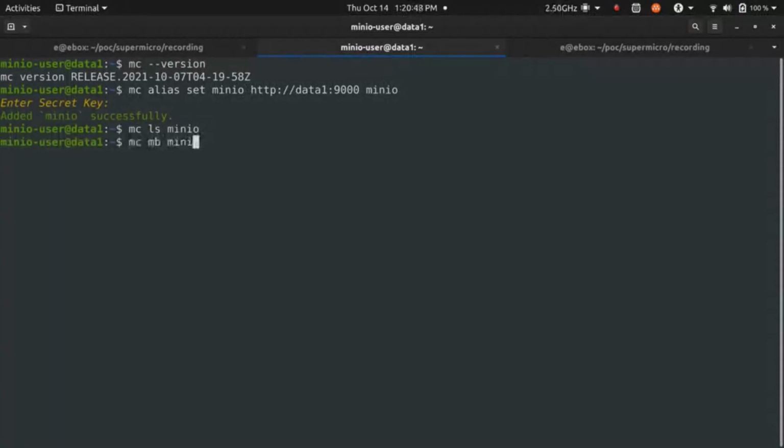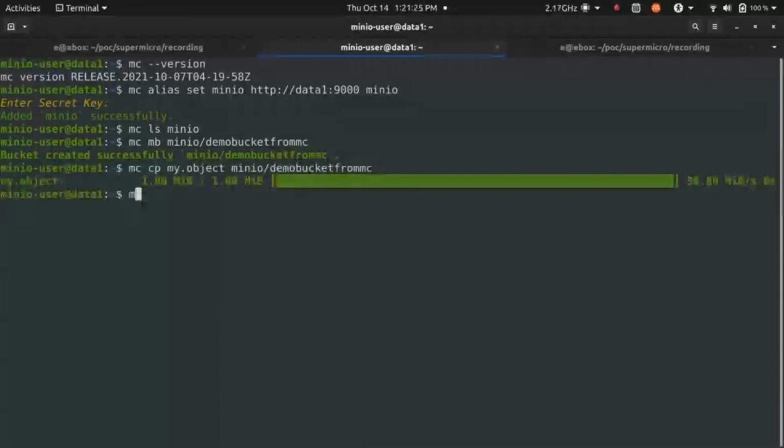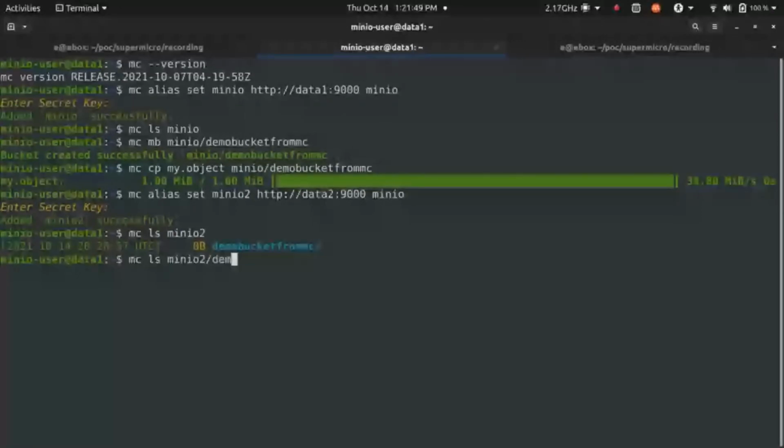So here we'll make a bucket. We're just denoting that it's from MC for the demo, but it doesn't matter if you make it through MC or the console. It's no matter what. So we'll copy an object into that bucket. Now we'll set up the second alias. And see that even though we're hitting a different endpoint in the cluster, we still have access to that bucket